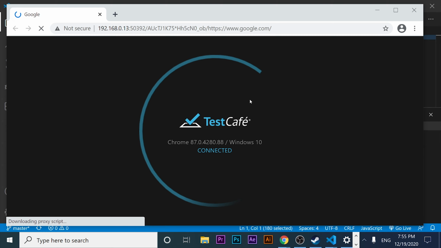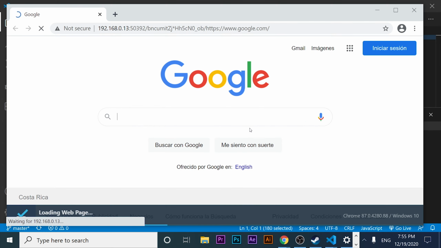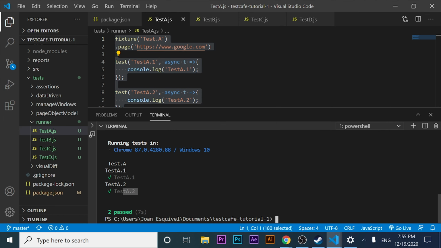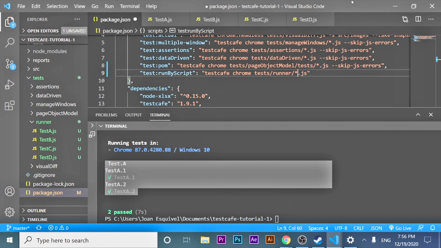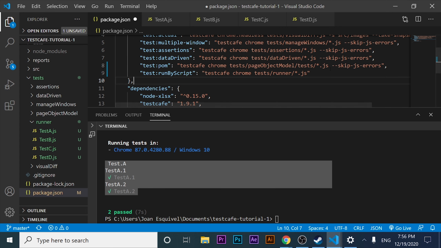And as you can see in the console log, test A is the only test that is going to be executed. However, you can run all these tests inside the runner folder by changing the test A word for this symbol that I don't know how it is pronounced in English. I think it is the same name, right? In English it is an asterisk. So with a single asterisk .js, you are calling all the files inside the runner folder with a .js